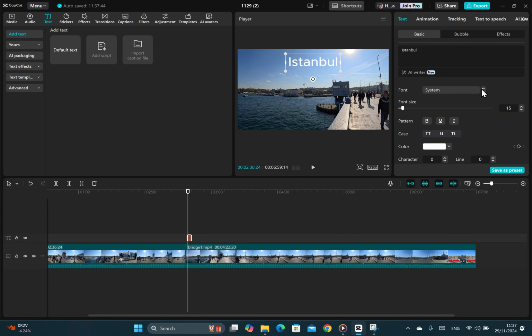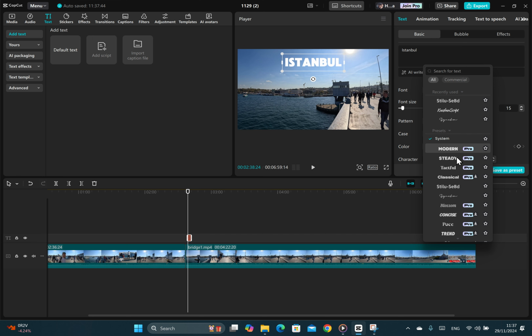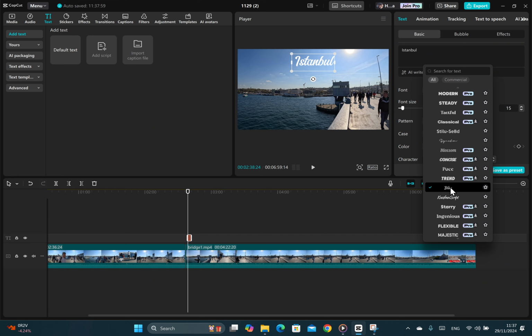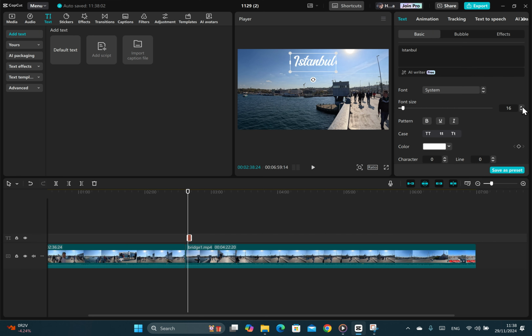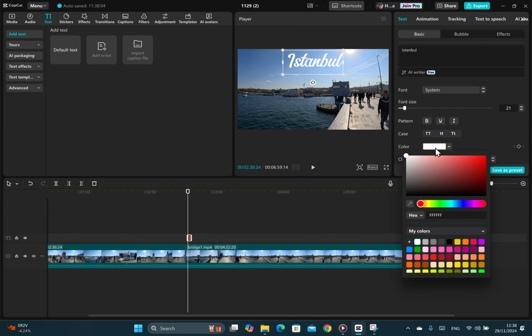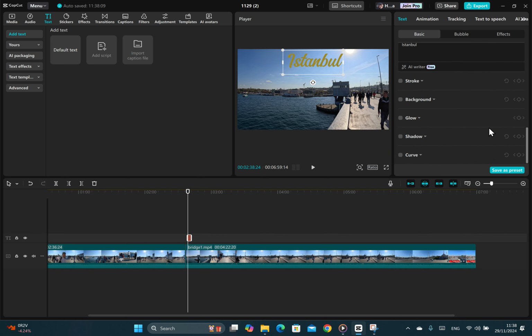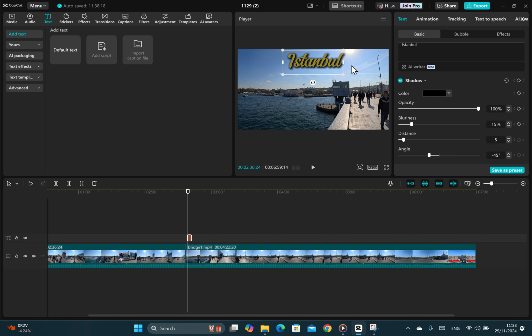and then we can change the font. Make sure that we are using the free version of one of those, because the pro version you have to pay and join the pro version, and then at the time of the export you cannot export your video without paying. So I'm gonna use that for example, and then we can change the font and the color to this, and then we can add for example a shadow to that like so, 100%. Let's change the size a bit like that,